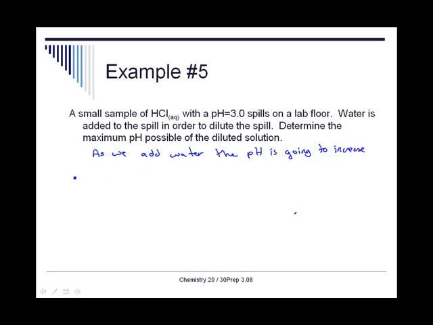This should make sense. I mean, we have something with a pH of 3, and we're adding something with a pH of 7. This is because H2O has a pH of 7. Now the question is, what's the maximum possible pH of the diluted solution? As we dilute, the highest this pH could get would be about 7. We're never going to get above 7 because things with a pH above 7 are basic. So since we're not adding a base, we're only adding water,